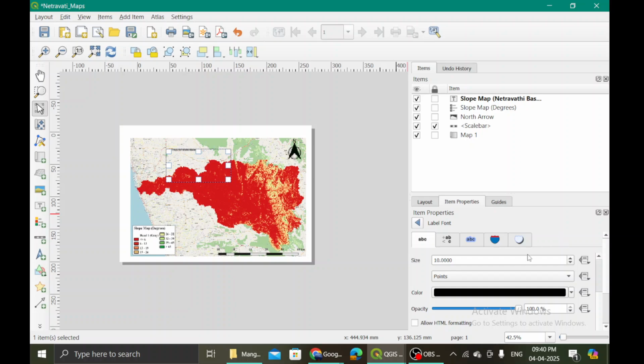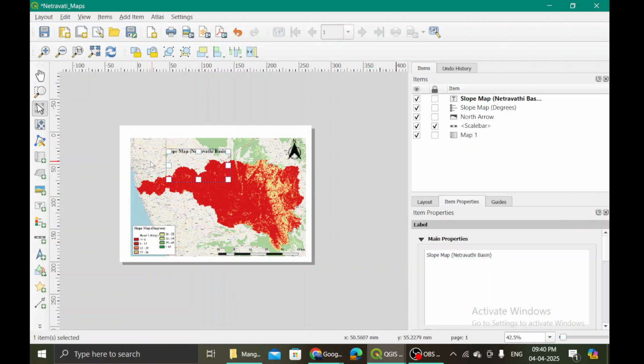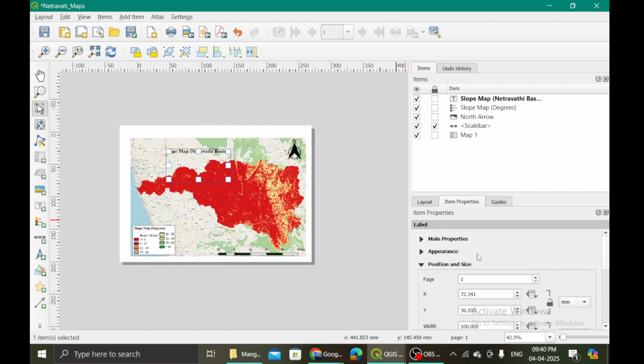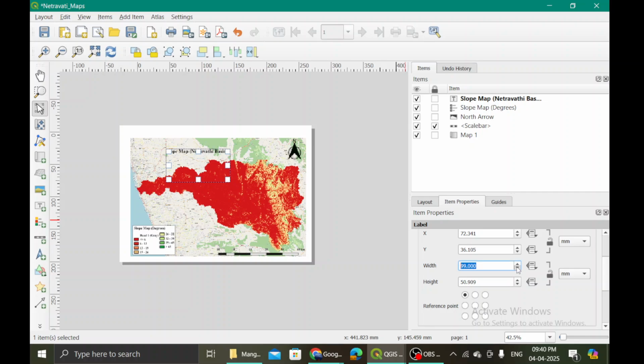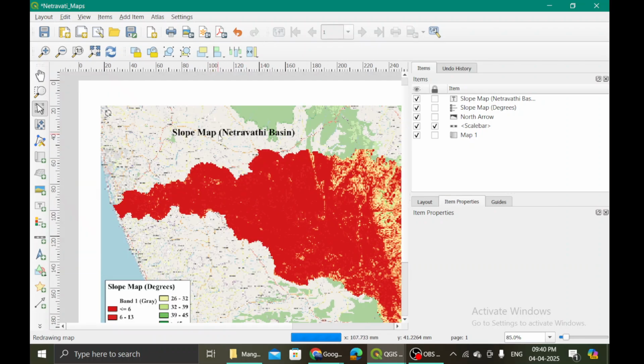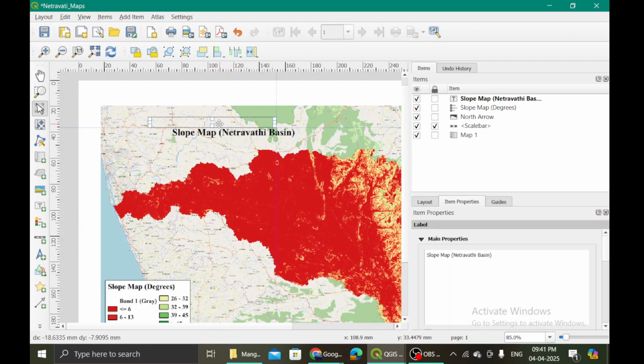And then the size. You will see the size is also increasing, but then still the box is big. So let us go to position and size where we will reduce the height. So the height is reduced.